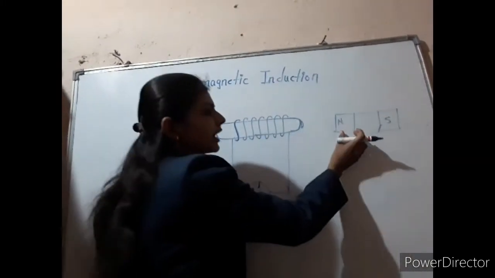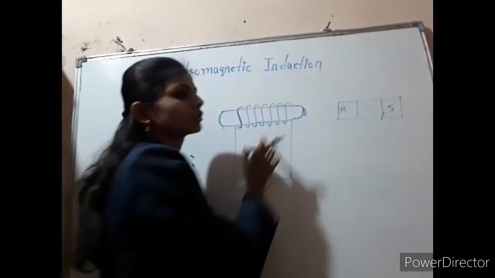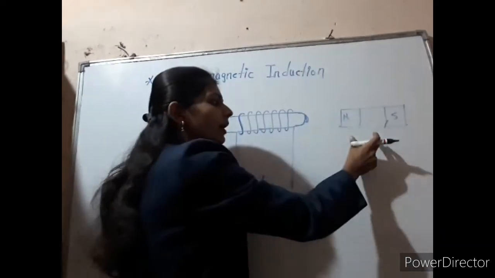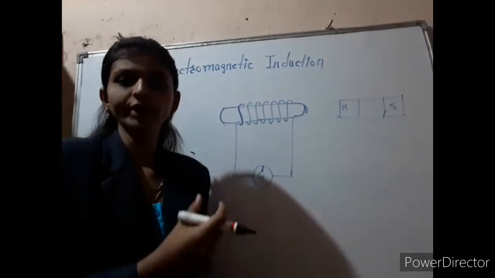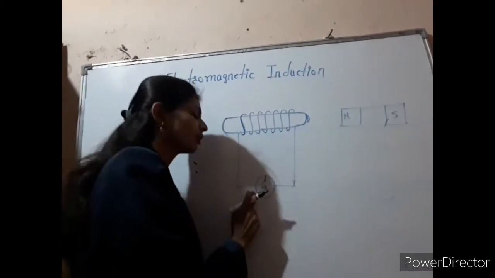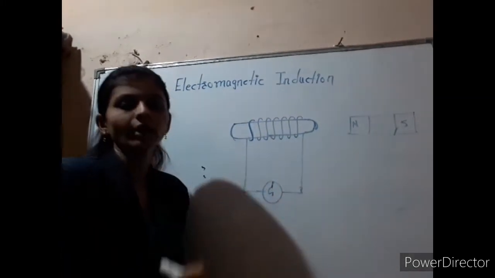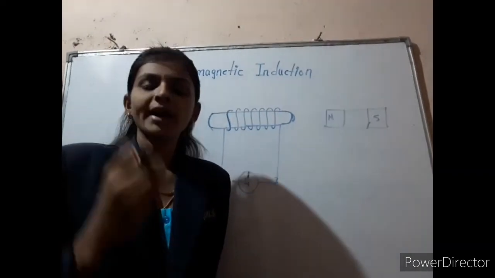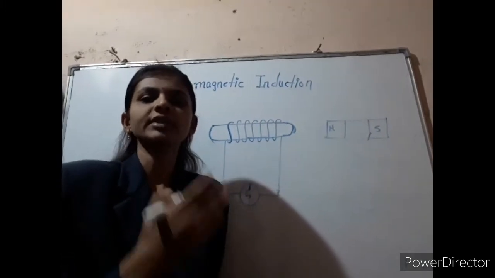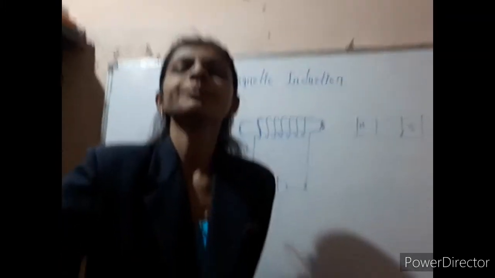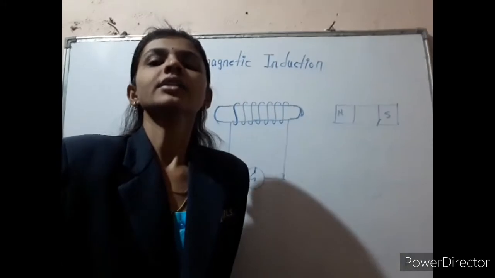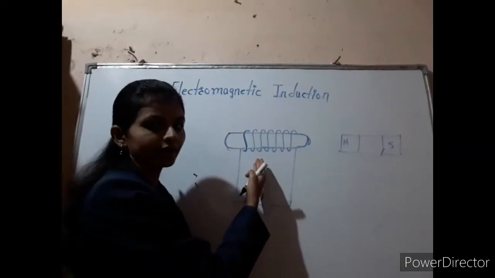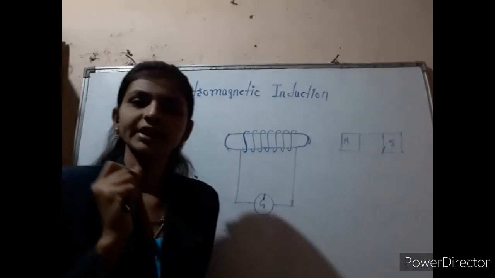Same way, whenever we are keeping the bar magnet nearer to the solenoid, near to this cylindrical body, whenever we are keeping the bar magnet nearer to this coil, that time we can say that this galvanometer is showing the deflection. How can these things happen? So whenever any magnet is kept nearer to the coil, that time due to those magnetic field lines, the current can flow through the another coil. The current can flow through the coil. This is known as the electromagnetic induction.